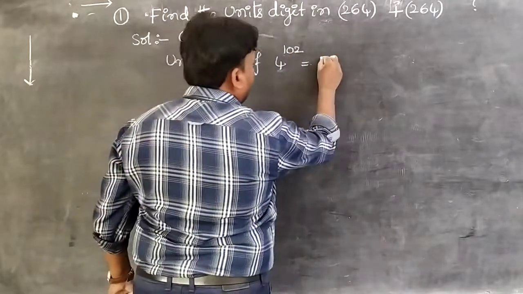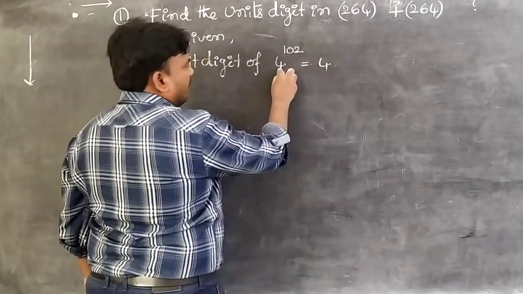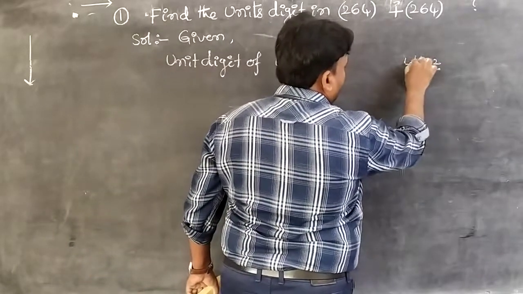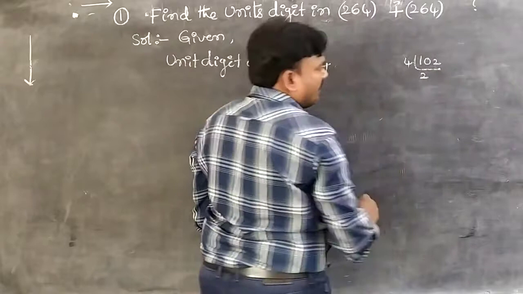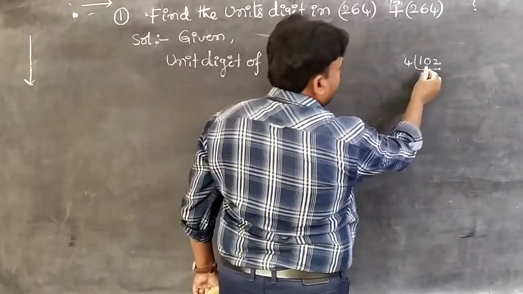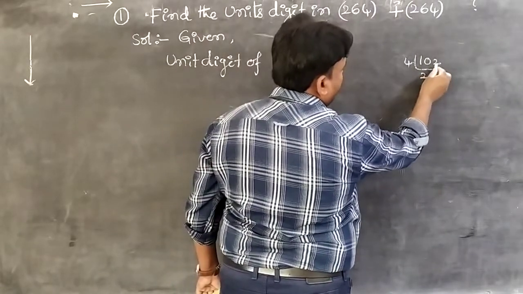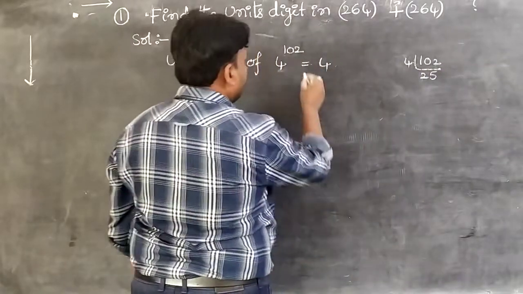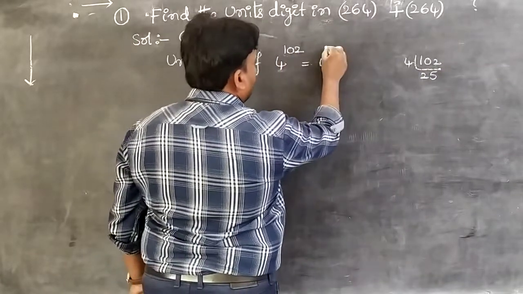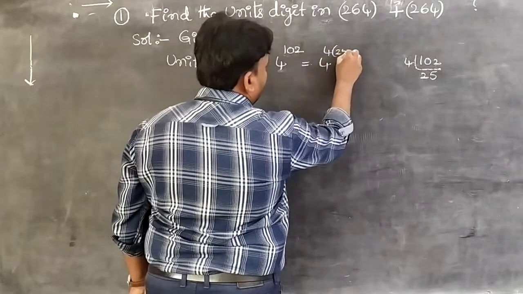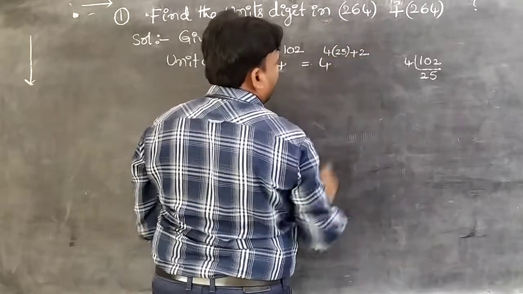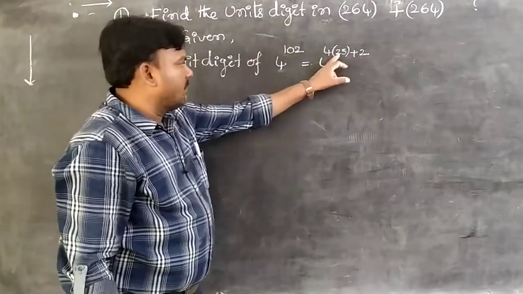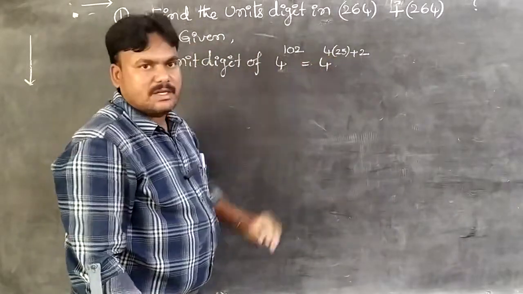So this power converts into 4 multiple. That means 4 of. Okay. 4 power 102. Here do rough on the side. 4 2s are 8. Next 2 is there. 4 5s are 20. That means 102 can be written as 4 of 25 plus 2. Is it clear, all of you? 25 4s are 100. 100 plus 2, 102 students.